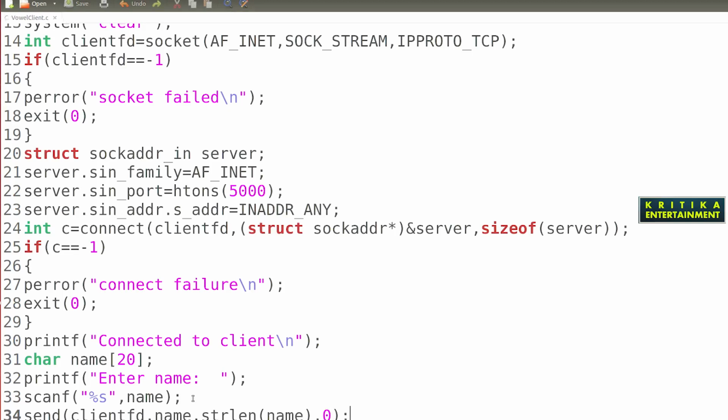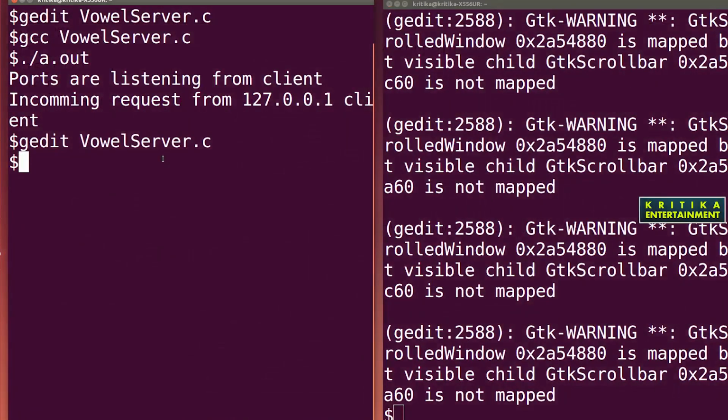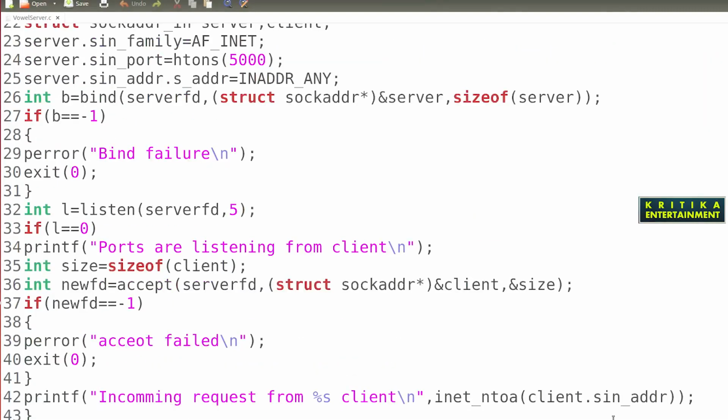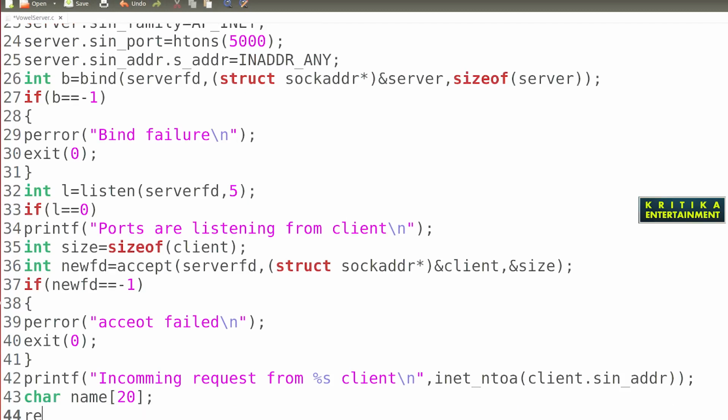Then at this side I will receive this and print it, to check whether the accurate name is coming or any character is mismatched. So what will I write here? char name[20]. Then what will we write here, recv. I will write here new_fd, then name, then sizeof name, then 0.